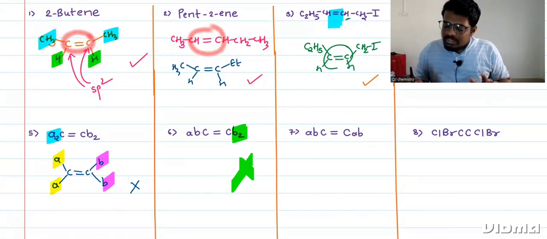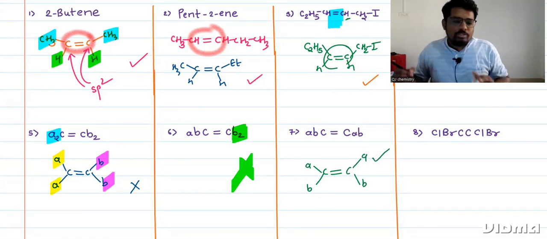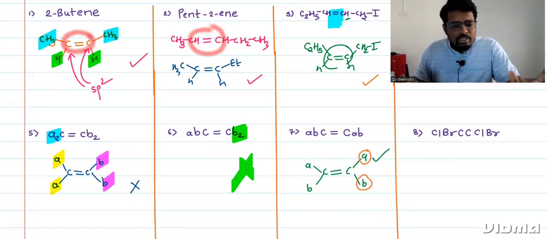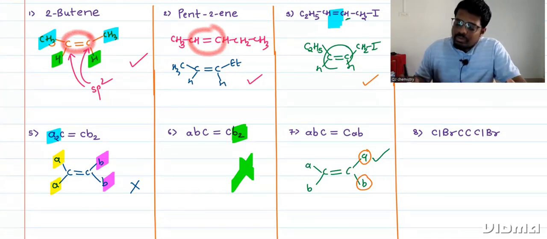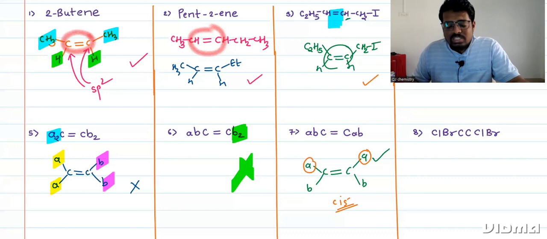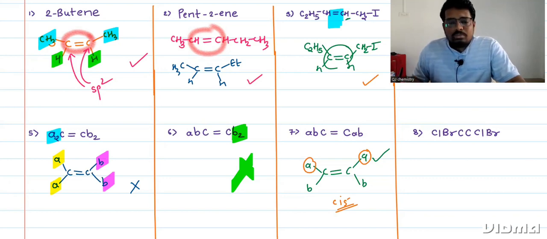But in the next example, different groups are bonded to the carbon-carbon system, right? So here different groups are bonded. So yes, geometrical isomers are possible. We have to check whether the atoms bonded to the carbon-carbon double bond are the same or different. So A and B are totally different, right? And in this compound, A lies on the same side, so this form is the cis form. In the trans form, A and B lie on opposite sides. Yes. Now in example number 8,